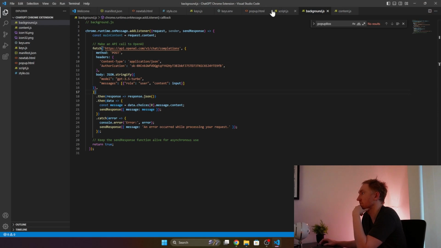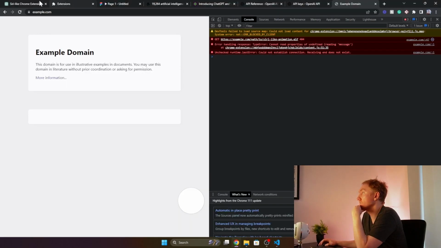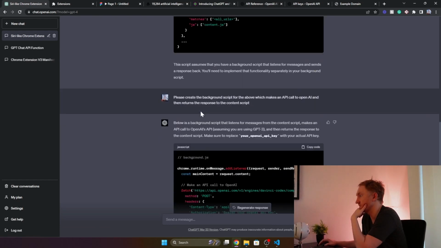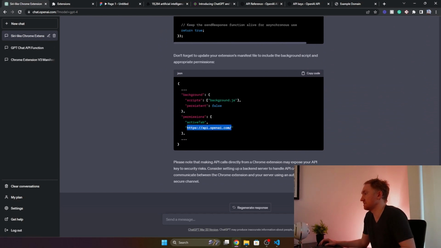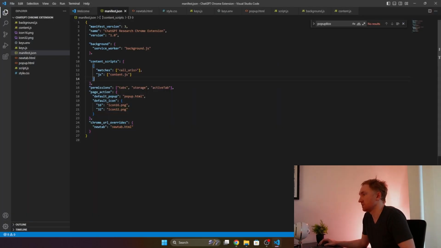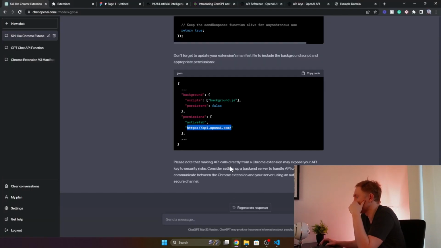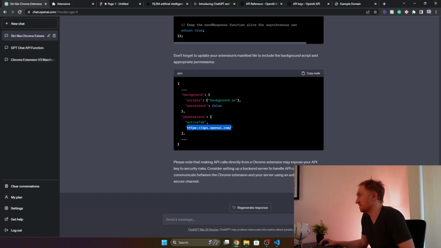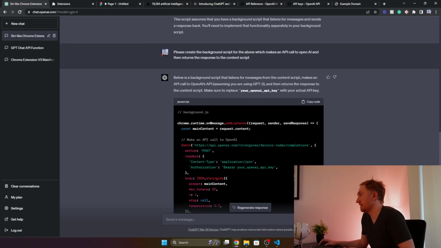So let's go to our manifest file here. Let's look at what OpenAI said before for the content script. All URLs, that looks correct. And then here it said the permissions of this, and we also need to update the permissions to include this URL as well. We've got active tab, and we didn't set the background script here. So this is